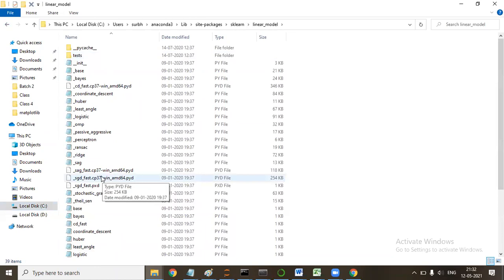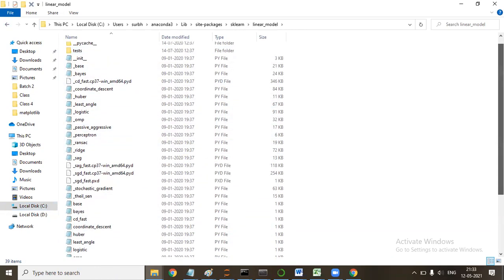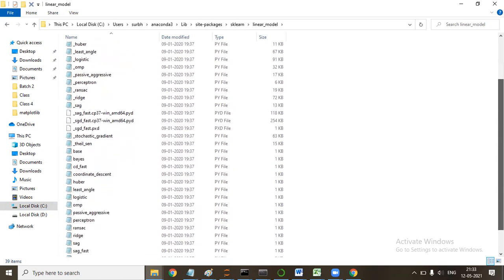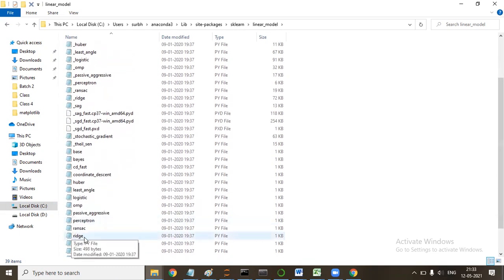Either it will be underscore linear regression or anything, but you will get it. Ridge regression, if you want to run ridge regression, then this is the file. If you want logistic, then this is the file. For linear as well, there will be some function.